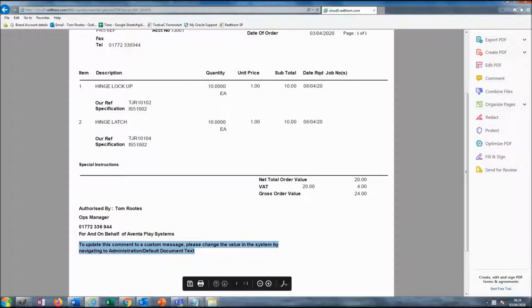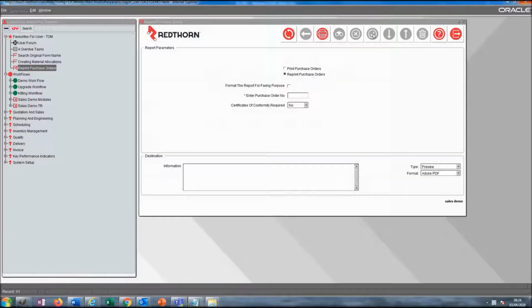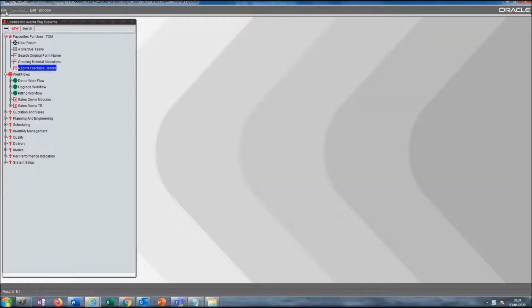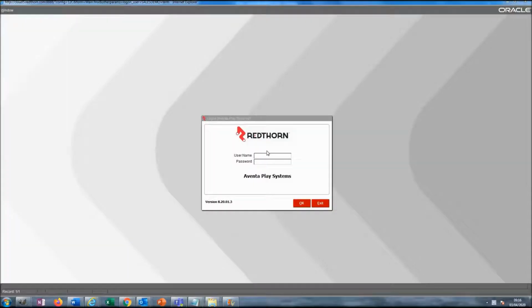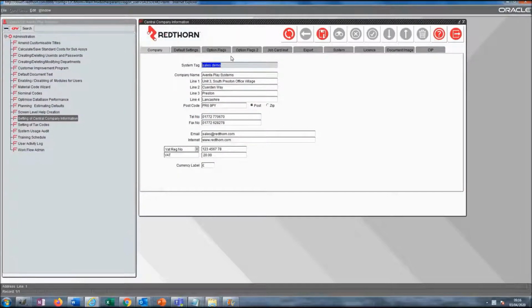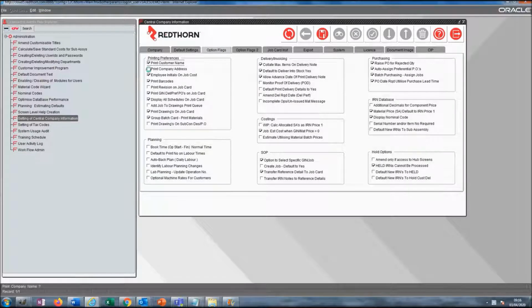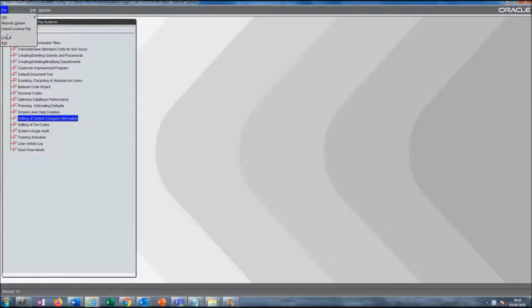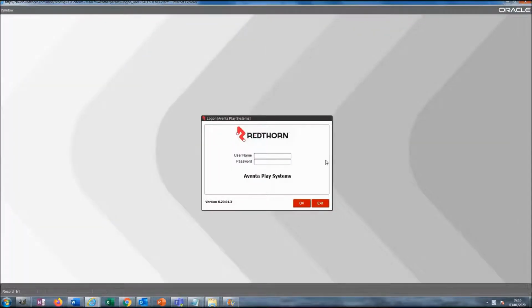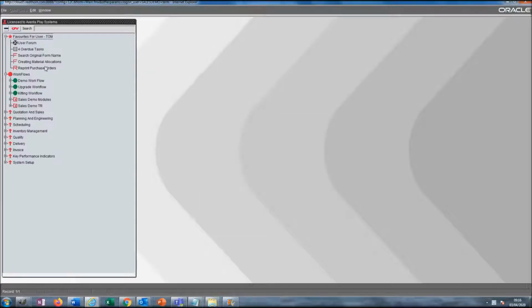So I'm now going to log into the root system and I'm going to change those details to personalize it to suit. Firstly, I'm just going to show you how to add in the company address, so you're producing the company address on the documentation. So I've gone into set central customer information, I've gone to option flag number 1, and I've just checked print company address. Close that down, log off, log back in as the user,